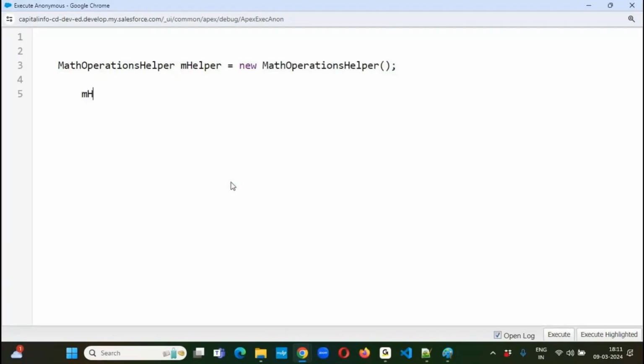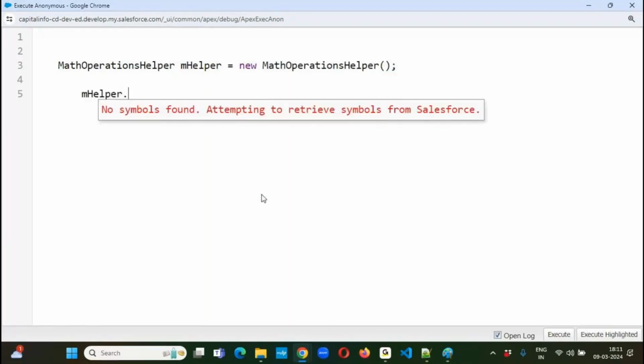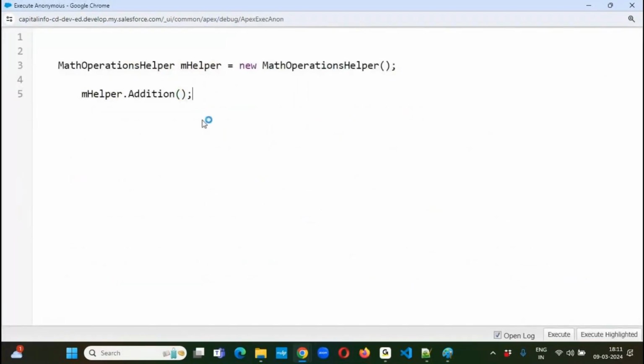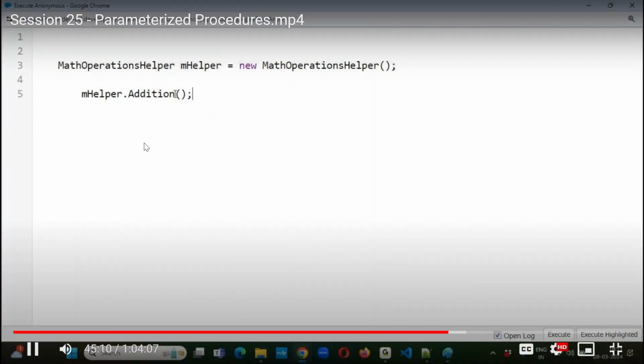How can we call? m helper dot. What is the first procedure name? Addition. Now, I'm calling like this, but I'm not passing any input values. If I'm not passing any input values, it will raise an exception. Method does not